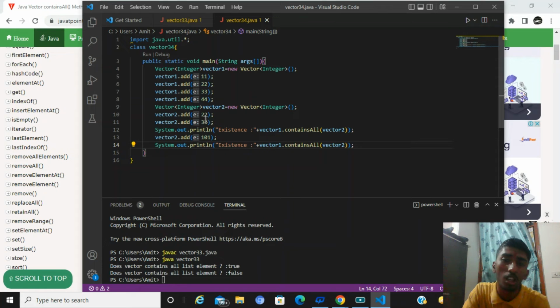So that's why 2, 3 is true, and 5 is false, because it does not exist in my first vector addition. It is similar to this statement. Let's see whether it is